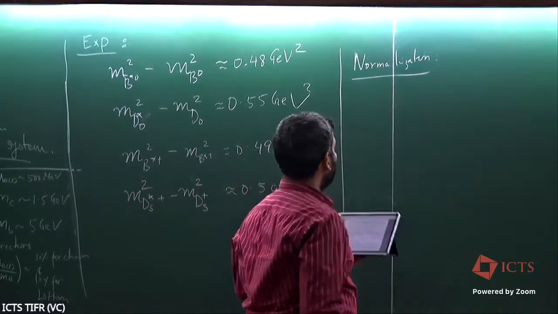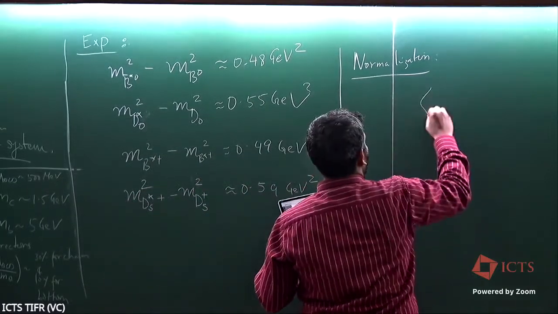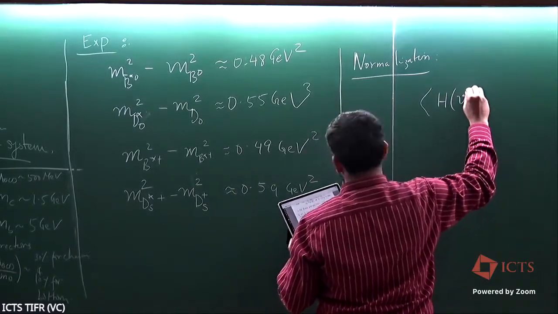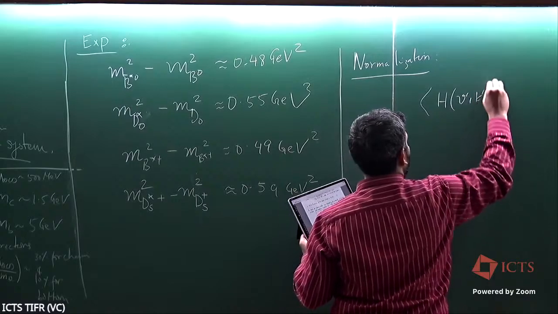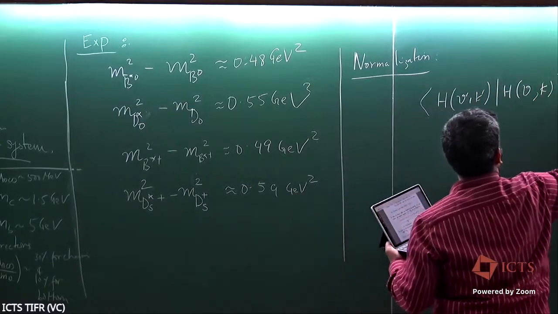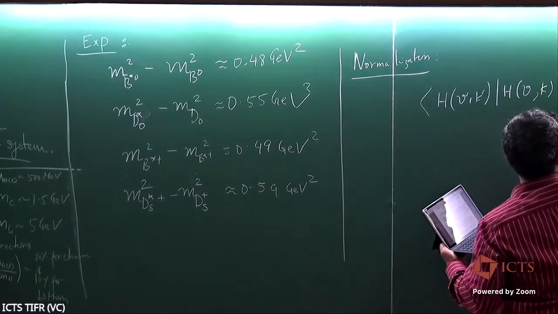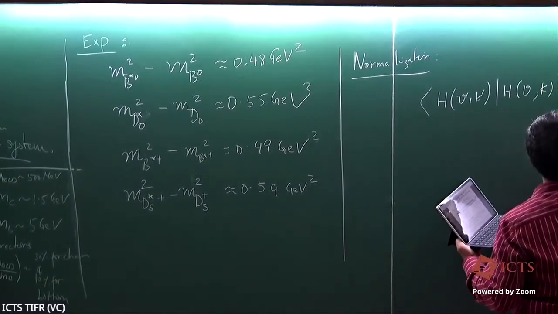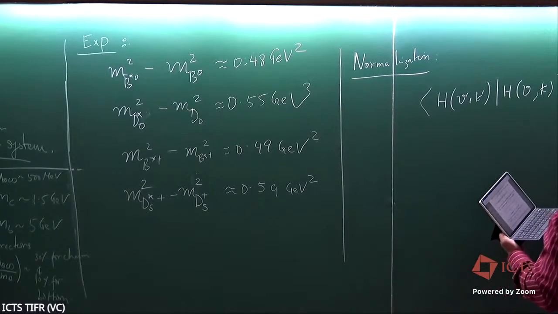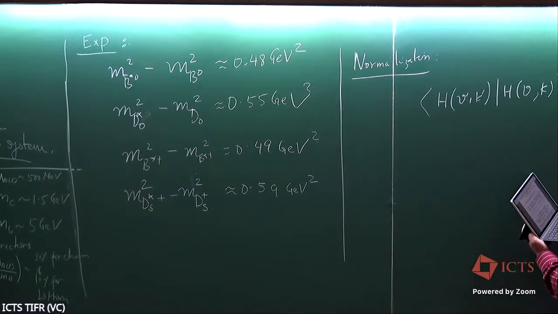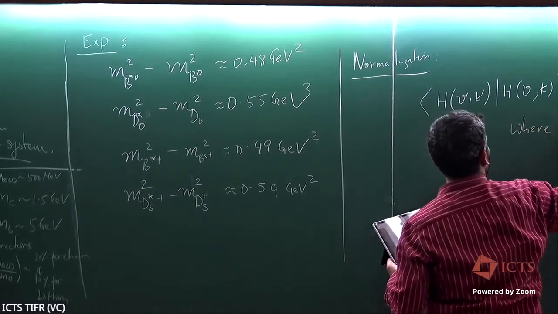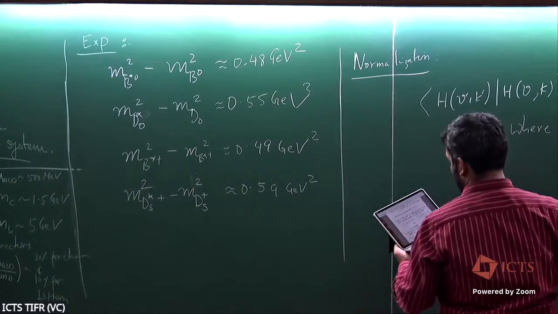In this HQET, we have the normalization defined as, where V0 is